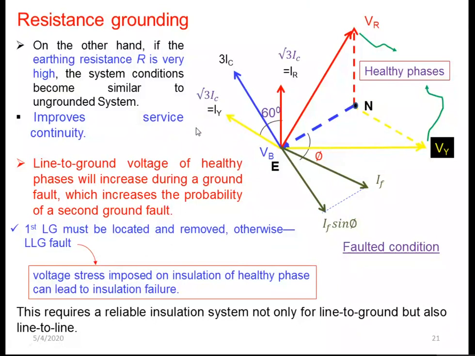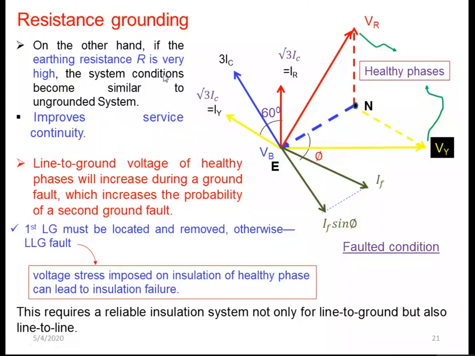Right, and thus we can say that for a high resistance grounding system, it is possible to operate continuously even if there has been the first line to ground fault. So it will not cause service interruption. Thus, service continuity is improved for the high resistance grounding system. But it is important that the first ground fault must be located, because